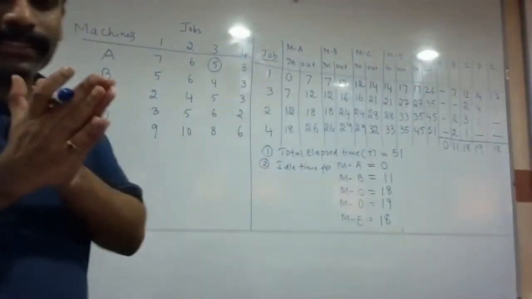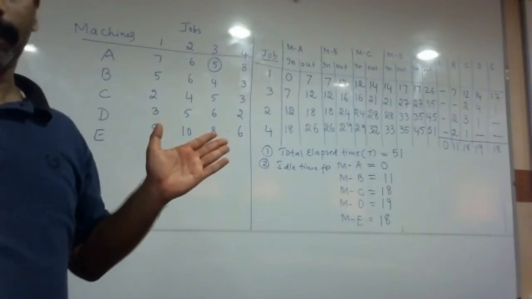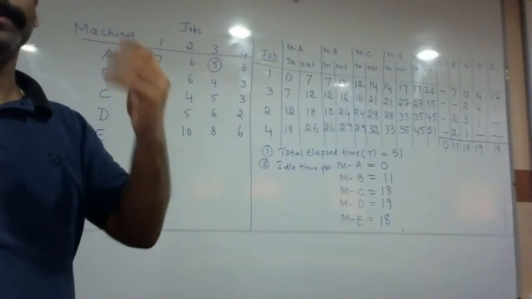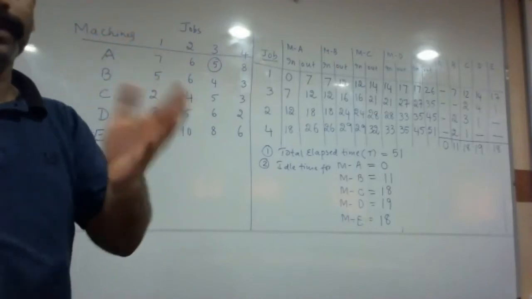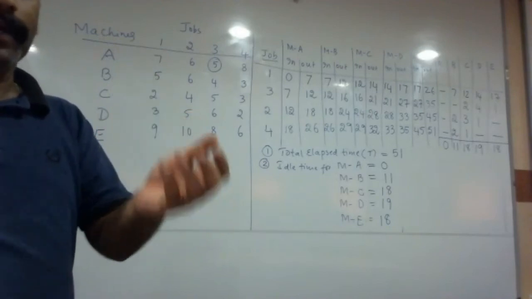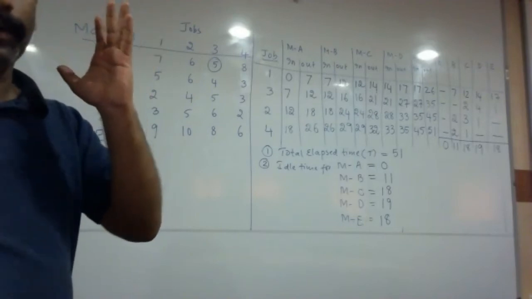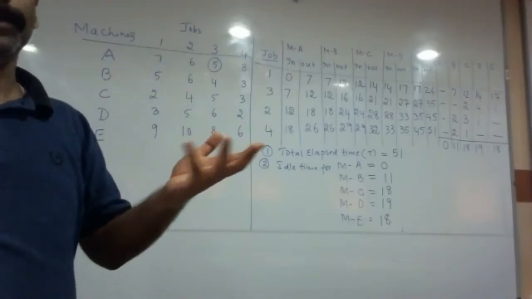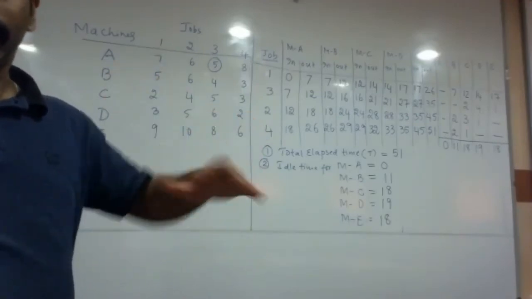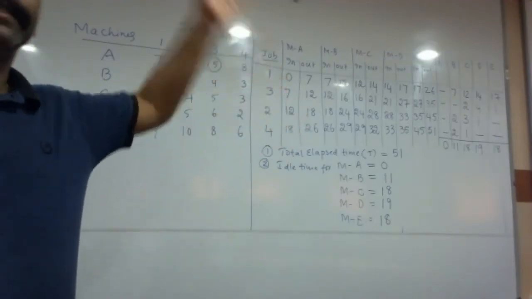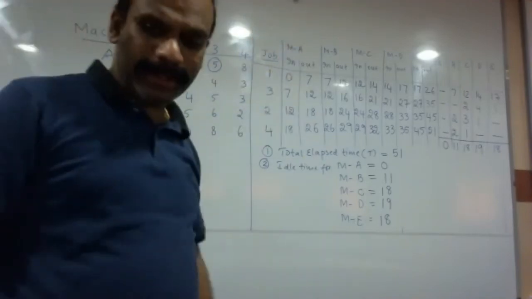When there are more machines, the idle time always gets distributed to multiple machines. So in the process, one of the machines becomes absolutely efficient, like a Carnot's engine. Although no company has physically manufactured a Carnot's engine, we always claim that the Carnot engine is the only engine in the entire world which is 100% efficient. Till now, no company in the world has manufactured one with an efficiency of 100%. Something similar to that. So it's an ideal condition, but we believe that this ideal condition exists somewhere. Got the point? Yes, sir.